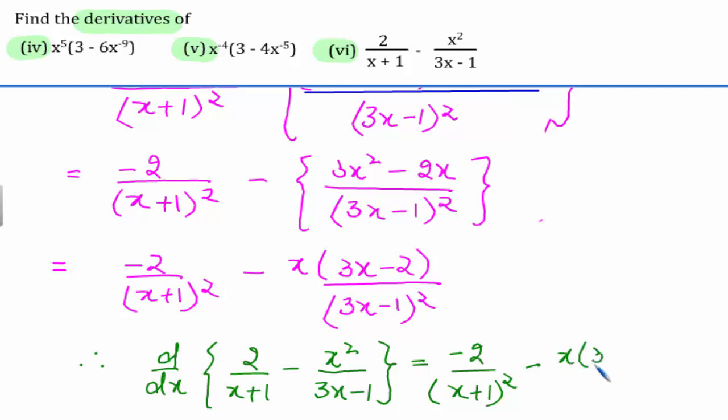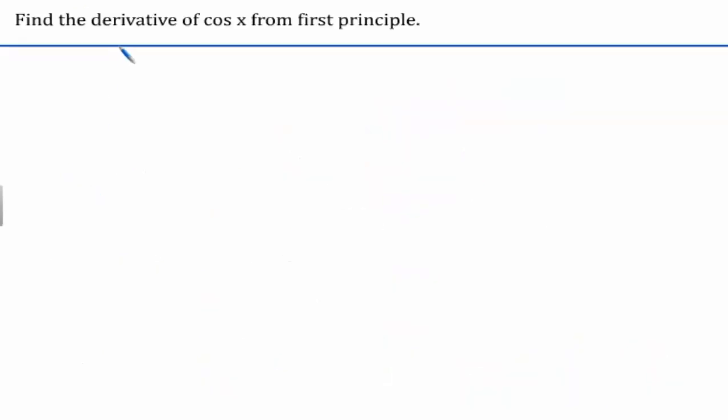In this question, we have to find the derivative of cos x from the first principle. Let's begin with the solution. And let us denote the given function by f of x. So f of x is equal to cos x. We have to find its derivative, that is, we have to find f dash x from the first principle,